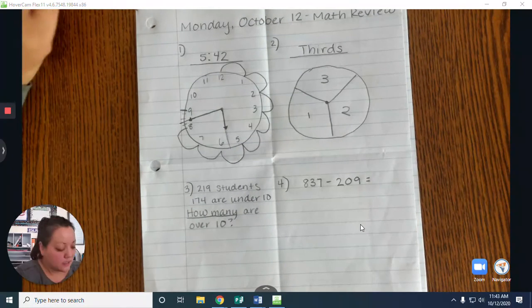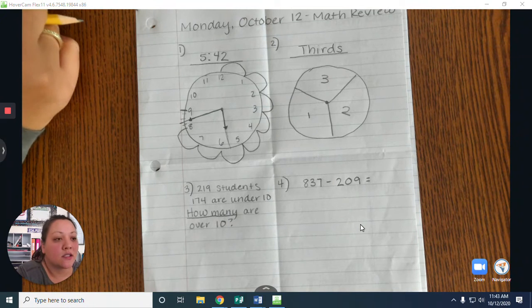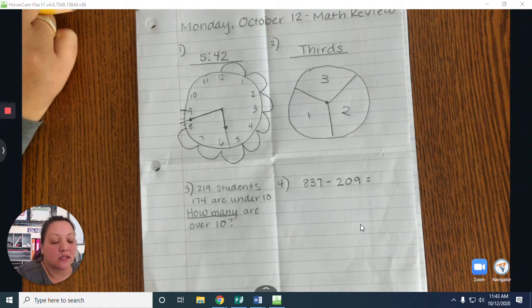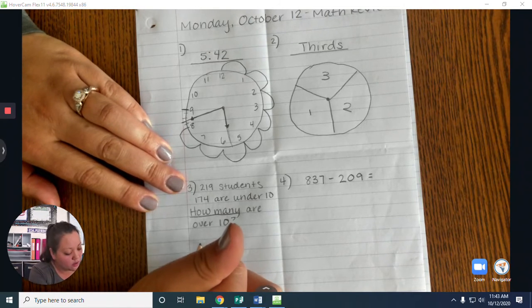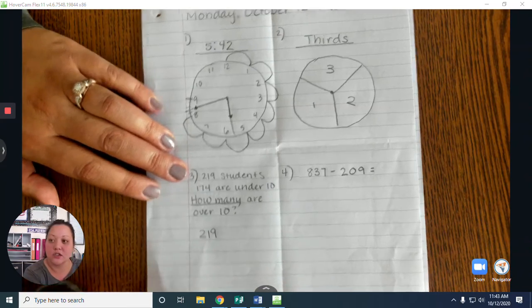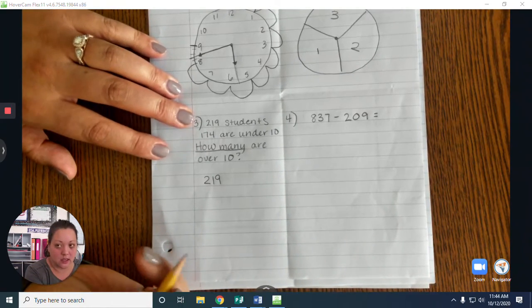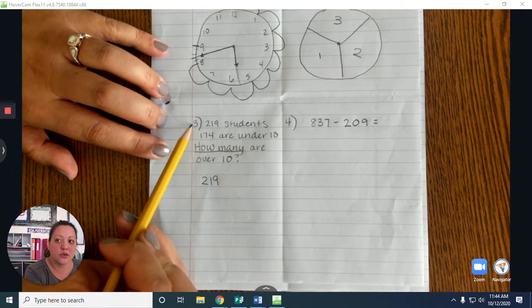Number 3 is a word problem. It reads, a total of 219 students signed up to take swimming lessons. If 174 students are under 10 years old, how many students are over 10 years old? So I know that there are a total of 219 swimmers in these lessons, and I'm trying to find the difference basically between 219 and